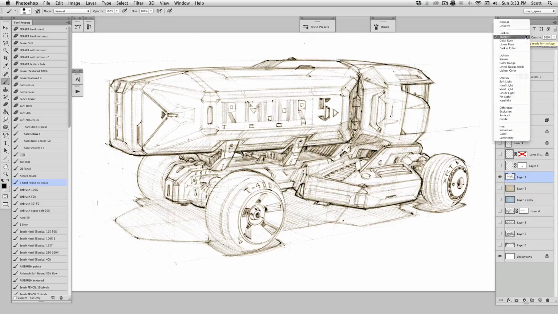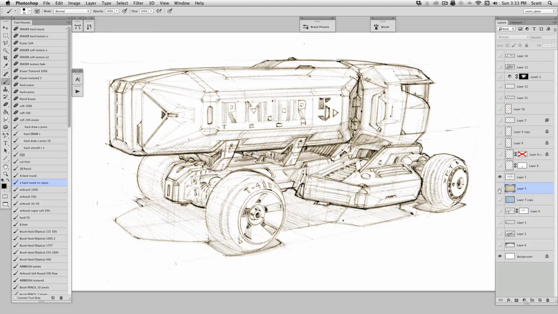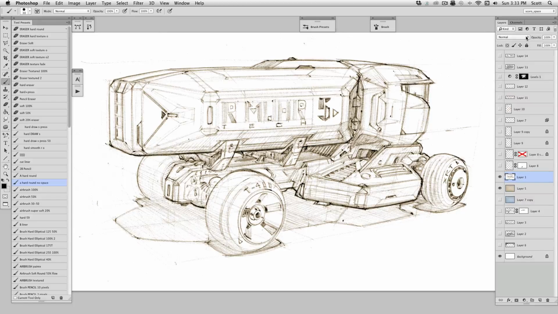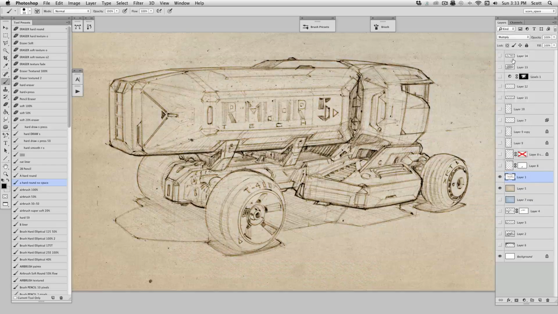Here, let's do it this way. Let's have it on normal first. Let's turn on a little background layer. I have a little light brown, like weathered yellowish paper there. And when I switch from normal to multiply, everything that's white becomes transparent. Now it looks like my line drawing is done on this old weathered paper,